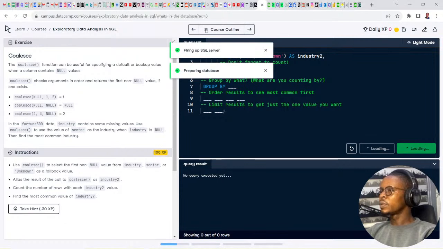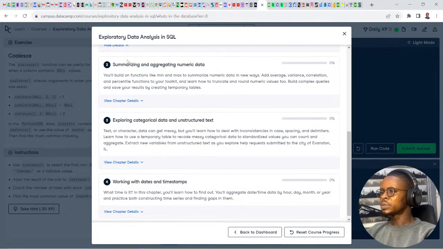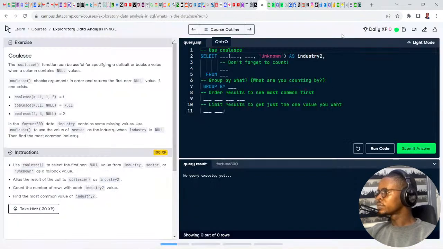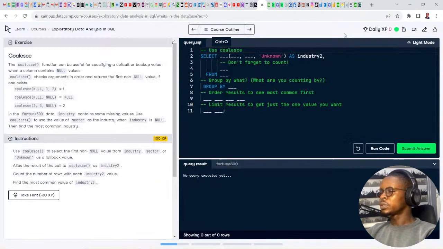When you check this course, exploratory data analysis, I'm seeing chapter 1, chapter 2, chapter 3, and chapter 4. Then I move to the next course. Let's finish chapter 1 today. The part on paralysis is from my yesterday's live stream. If you want to follow me along from the beginning, starting with what a database is, you can check yesterday's live stream and you'll find it there. Let me just continue from here.